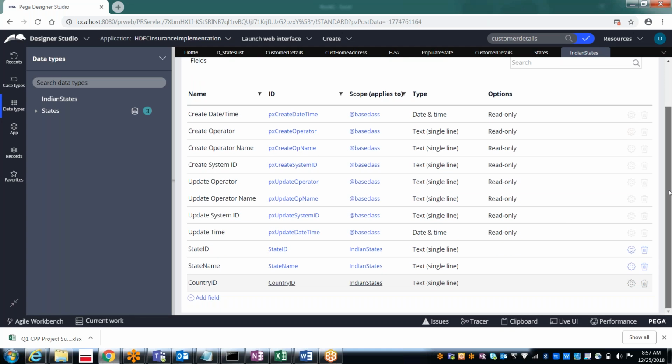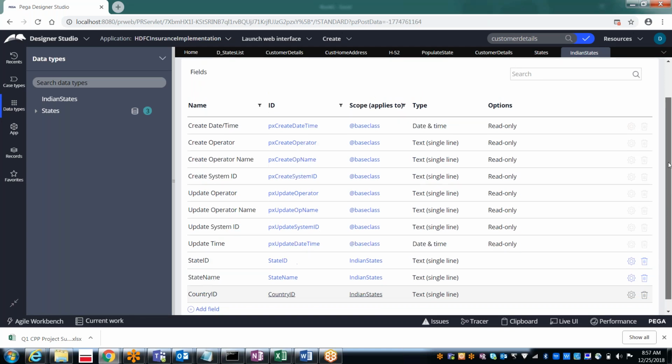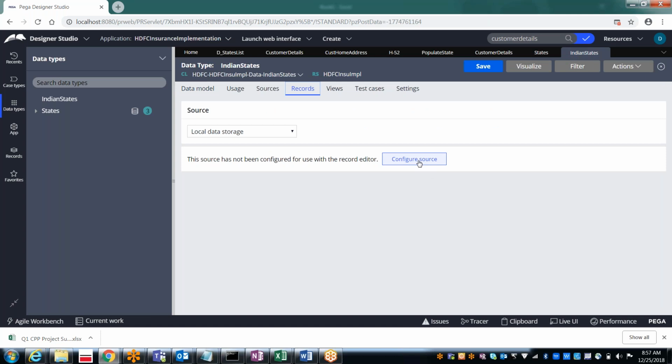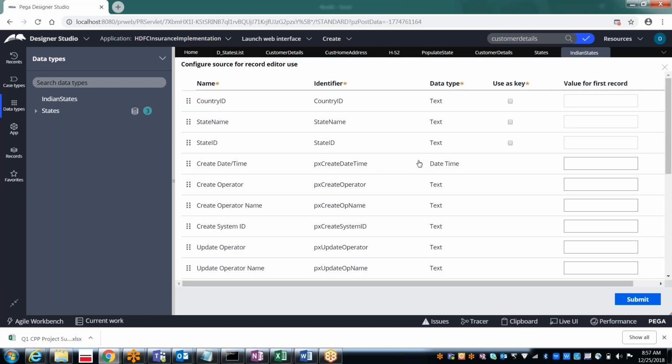Now after creating these columns, what do we have to do? Go to records and then configure source. After that we can give the values, and before that we also need to select which is the key.